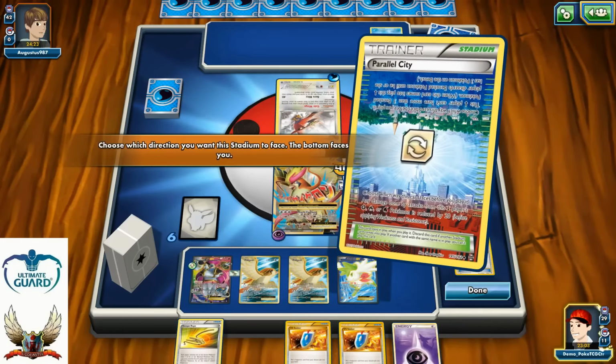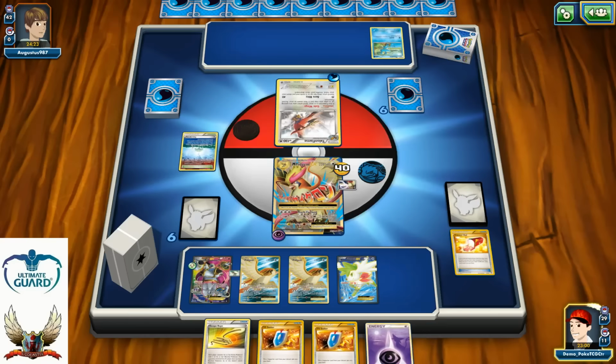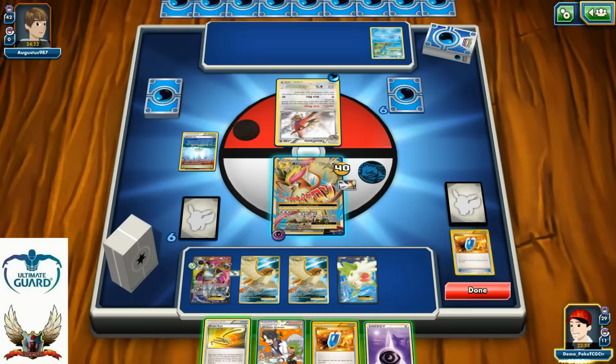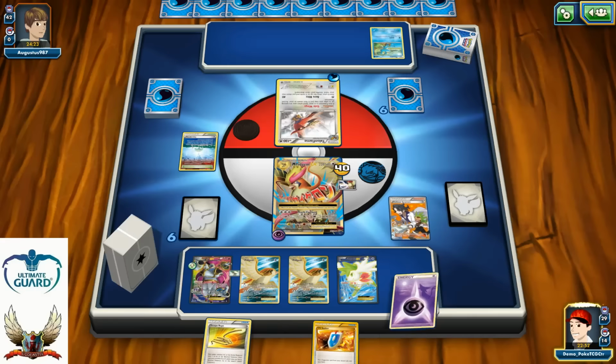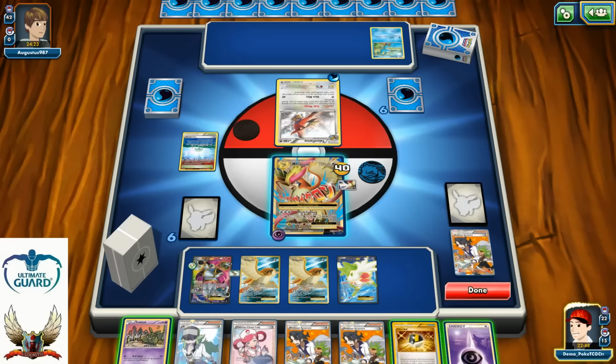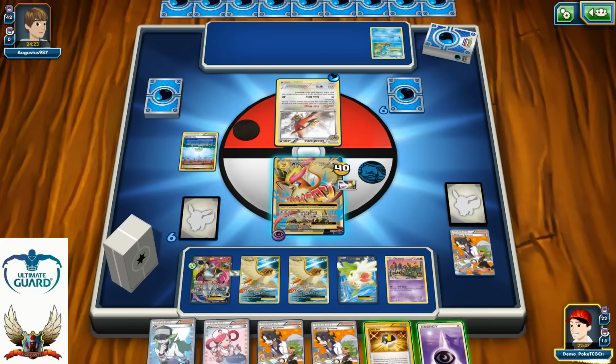to basically force my opponent so that he can't have more than 3 Pokemon in play on his bench. V Seeker for that Sycamore, and Sycamore for 7. I could even go for that Lysander on the Froakie on the bench, but that wouldn't be that interesting to